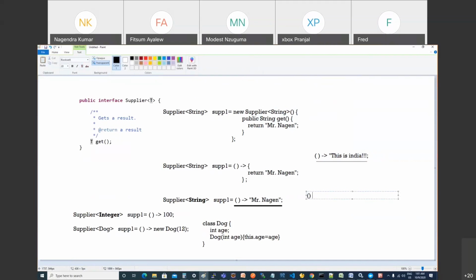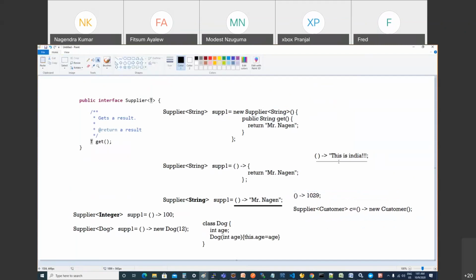If I'm not taking any parameter and I'm returning 100, it is Supplier. Anything, like Customer, it is Supplier because it is not taking anything and supplying the data. What you have to write on the right side? Supplier, and the data type, Customer, and done. You have to develop this kind of practice. Okay, done. So tomorrow's agenda is, tomorrow I'm going to teach